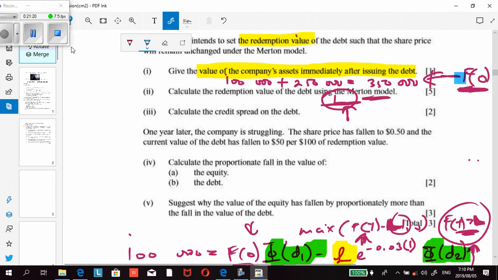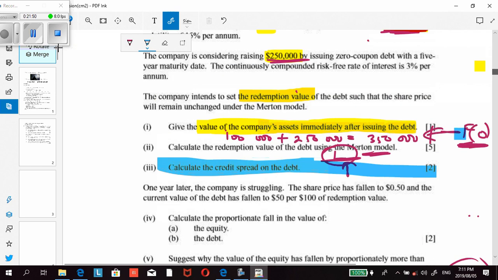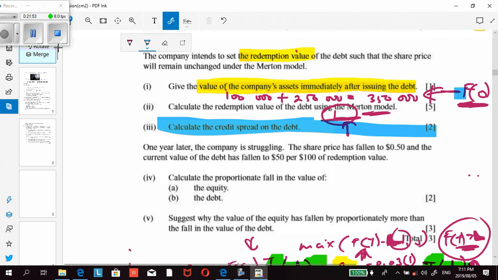Now, if you look at the next question, they say, now calculate the credit spread on the debt. This is another standard result, because you know that your credit spread on the debt is given by the difference between the yield on your debt and your risk-free rate. Now, the examiner gave me the risk-free rate in the question to be 3%, but I'm missing the yield on the debt. Now, how do I calculate the yield on the debt? The yield on the debt is actually how we calculate the price of what? The price of the